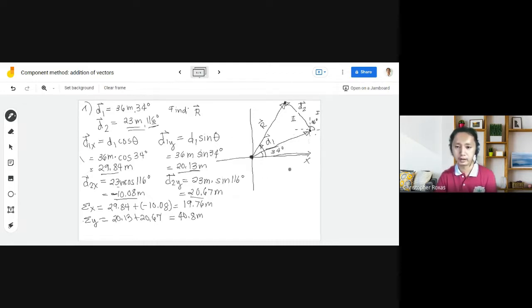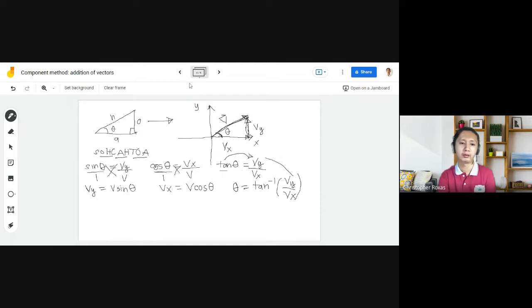So in the Pythagorean theorem, okay, you have the right triangle, the hypotenuse C, the two legs A and B. And to get the hypotenuse, you have C squared is equal to A squared plus B squared. Tapos, you will get the square root para makuha mo yung hypotenuse. Okay? So,